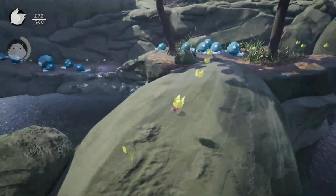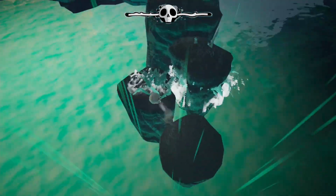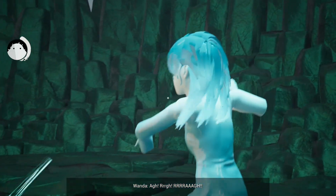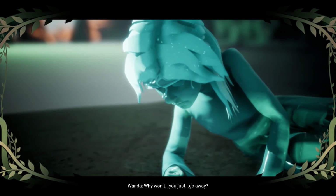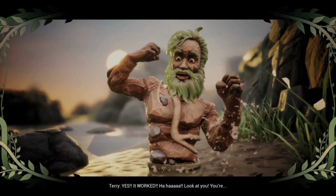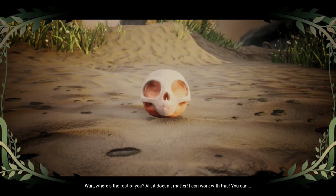The environments themselves also succeed at being really lush, or at being more worn down and dark when the game's story calls for it. The story is actually pretty interesting, and without getting into spoiler territory, 4 godlike siblings with environmental powers once ruled over an island together in harmony, but then something split them up and now they all rule separately. You'll play alongside the god Terry, who is in control of rocks and mud. You and Terry will be responsible for adventuring around the island, trying to convince his siblings that they need to